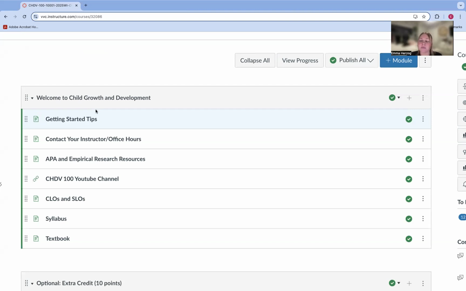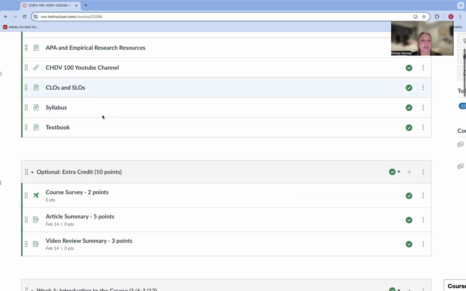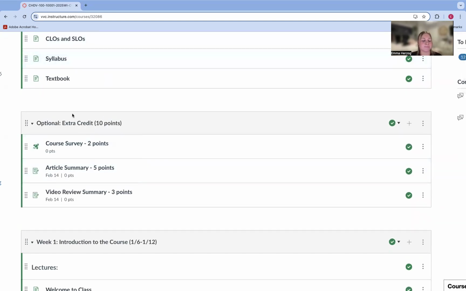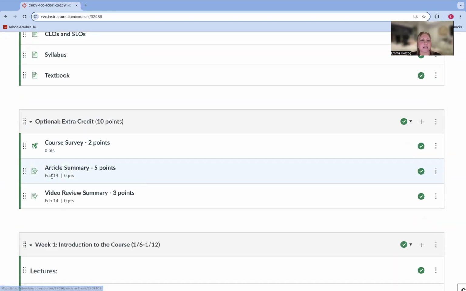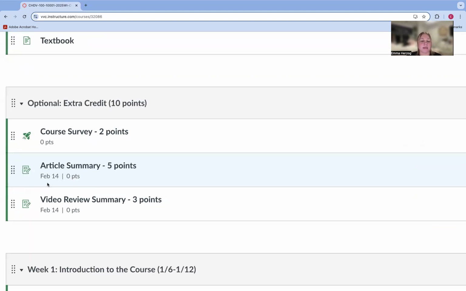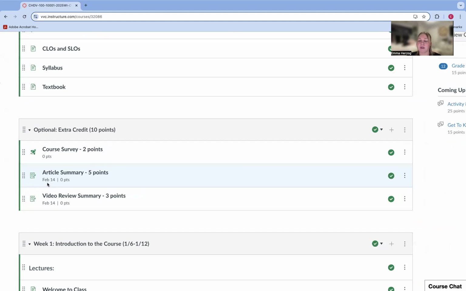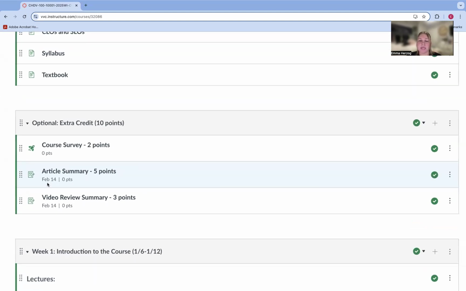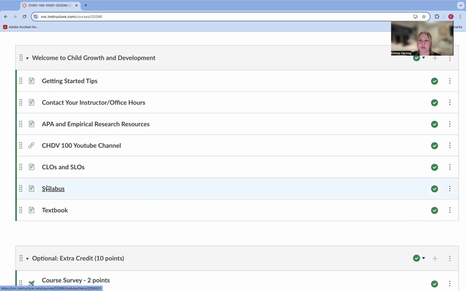All assignments will have the same weekly due date. Everything will be due Sundays, 11:59 p.m., and that's indicated on the syllabus. You'll also see that each assignment has a due date. For example, if we're looking here at the optional extra credit, I have a due date for the last day of the semester. In each module, you'll see that every assignment has its own individual due date as well as what's expected for each assignment. So it's really important that you start off the course by reviewing this welcome module.